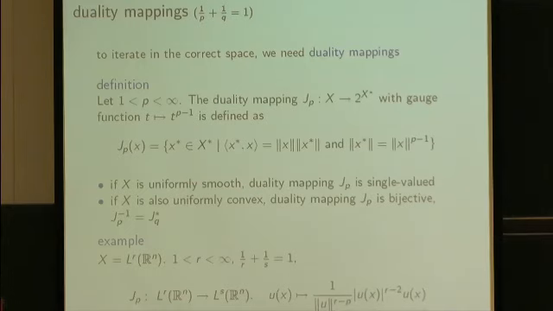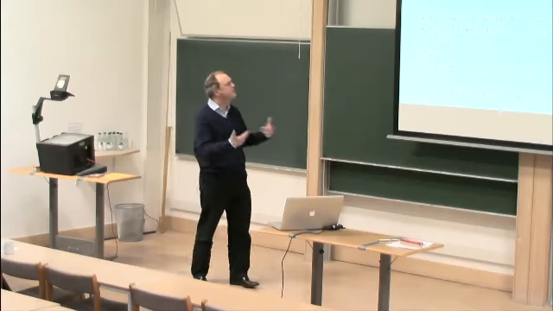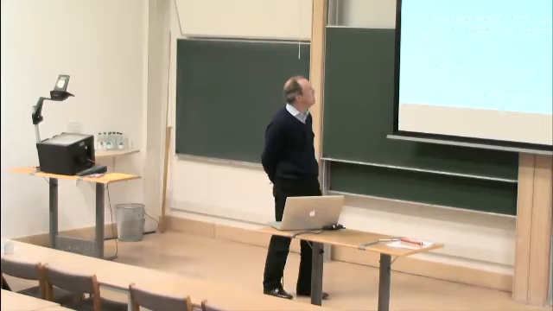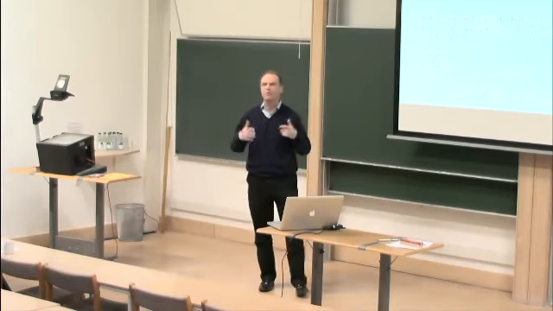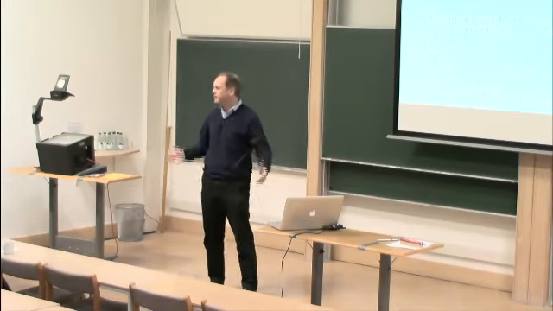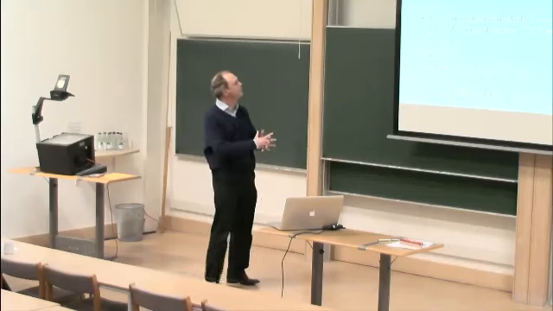Now we are going to invoke some conditions to make J_p single valued. And how do you do that? By assuming that X is uniformly smooth. Well, if you have q smoothness and p convexity, then that is all guaranteed. So we have a J_p. Now think of J_p as what you need once you really start to do the analog of an adjoint state calculation.